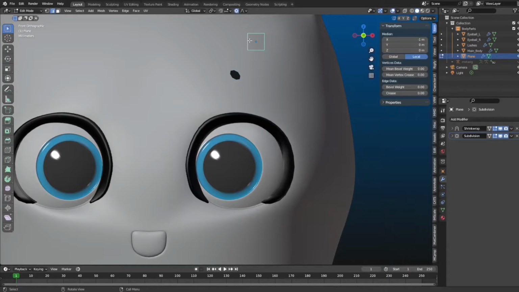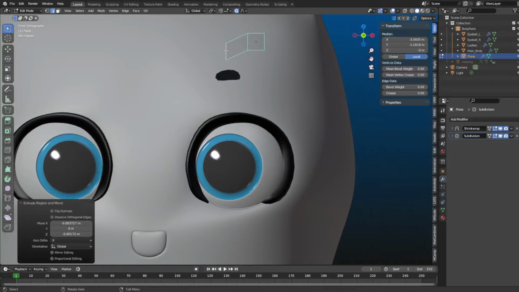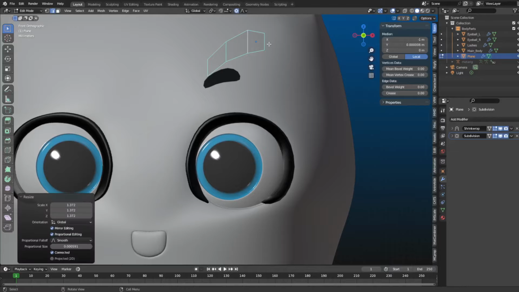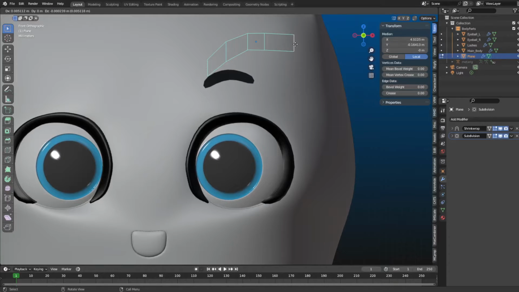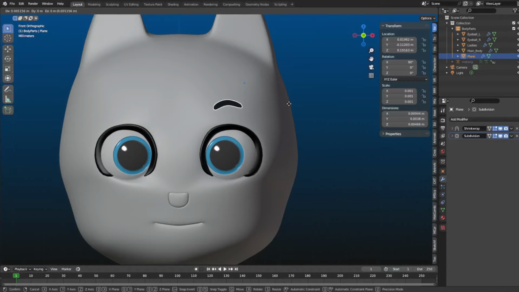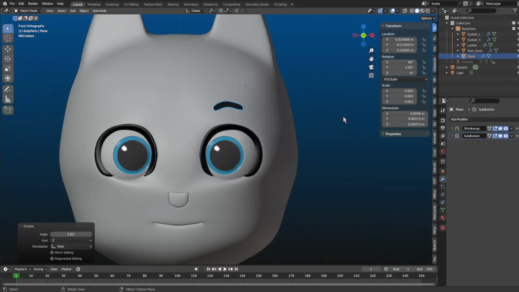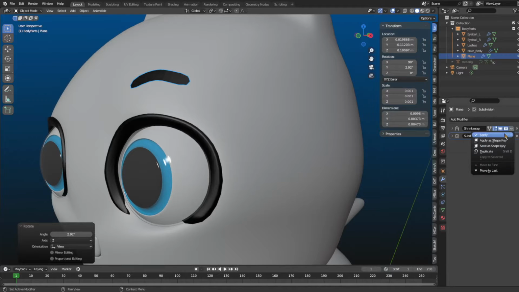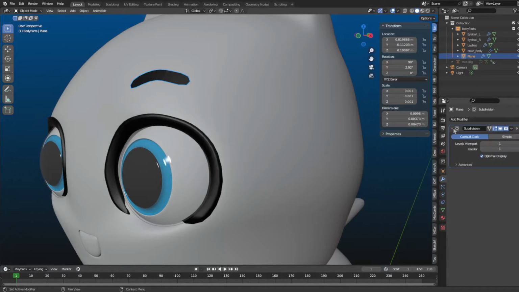I'm gonna move them up and just E to extrude, S to scale. This looks pretty nice, I guess. And now just apply and duplicate, apply,